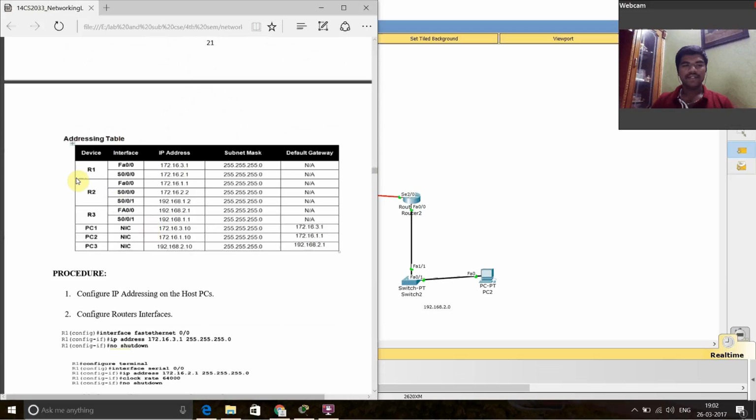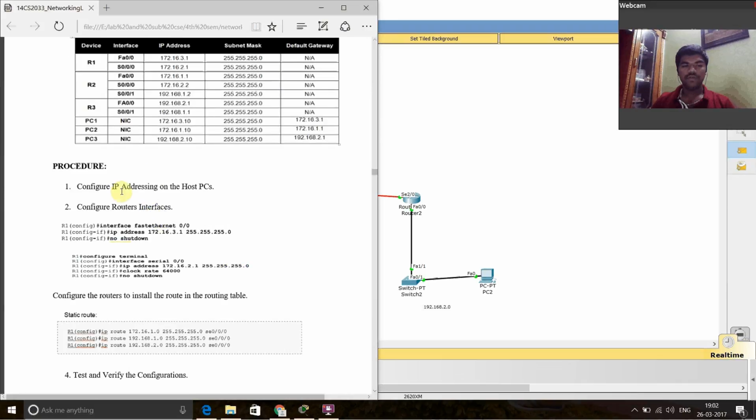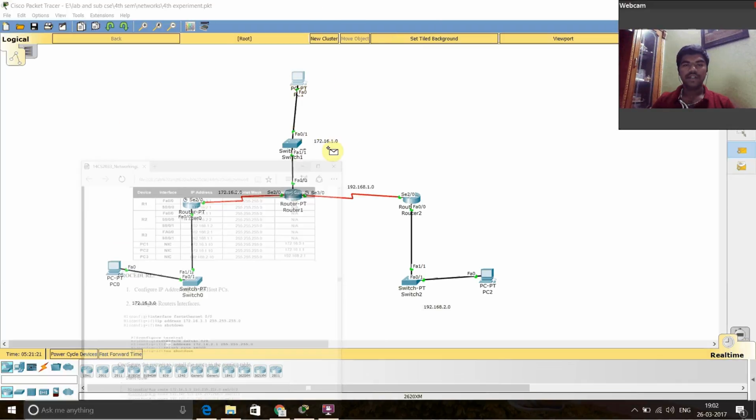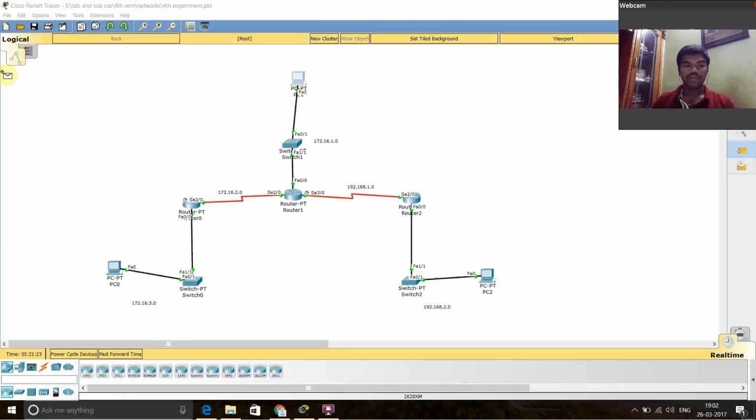So in the addressing table, we have the devices and so routers R1, R2, R3, and the IP address for it and the subnet mask for it. And PC1, PC2, PC3, IP address, subnet mask, and default gateway. Now, the procedure is we should configure the IP address for the host PC. Before that,